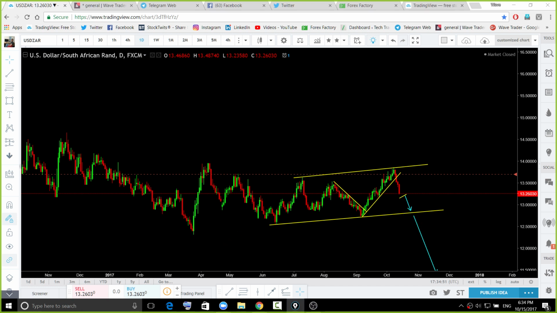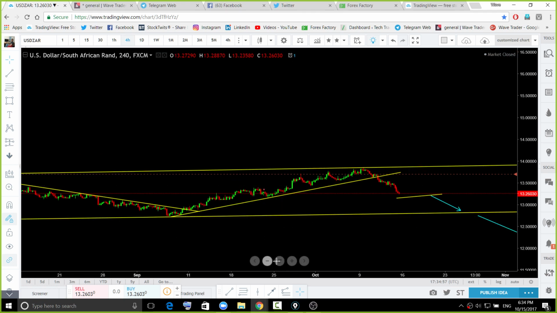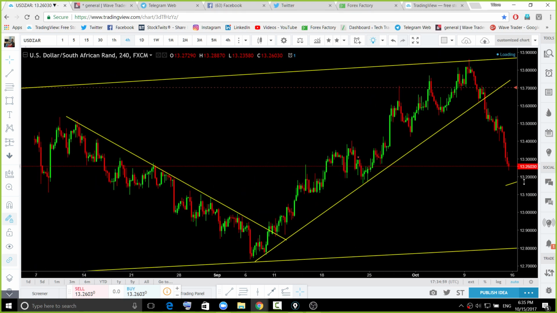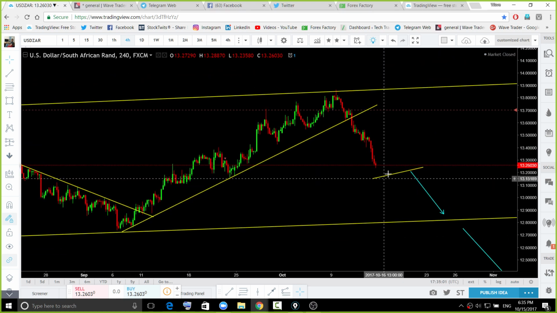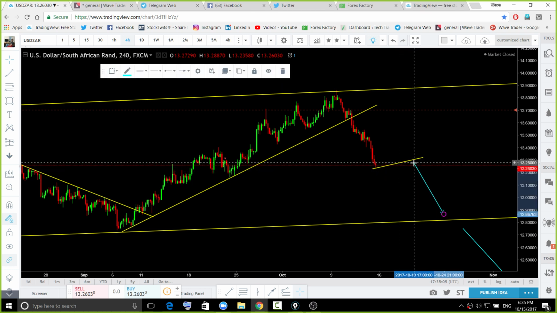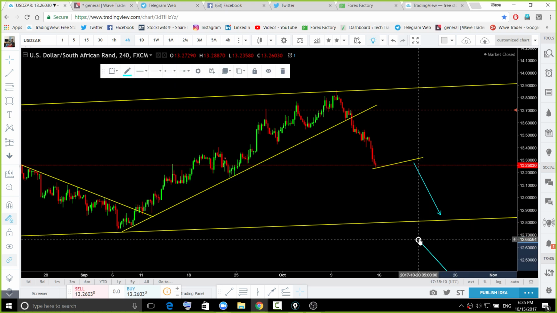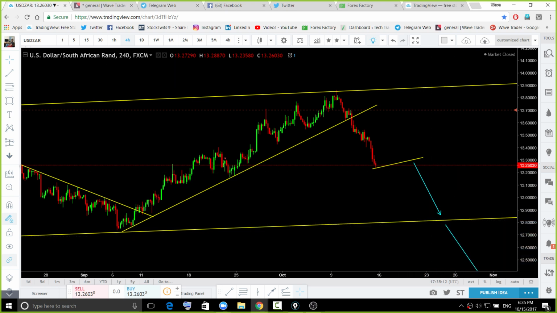Where can we get an opportunity on this pair? You can get an opportunity for a pullback and continuation. First of all, you need to search for a pullback and continuation, and then you need to be interested to sell. Remember, you are going to sell within a bigger structure, a bigger pattern, when the move has already gone far away. That was the place we were looking for.